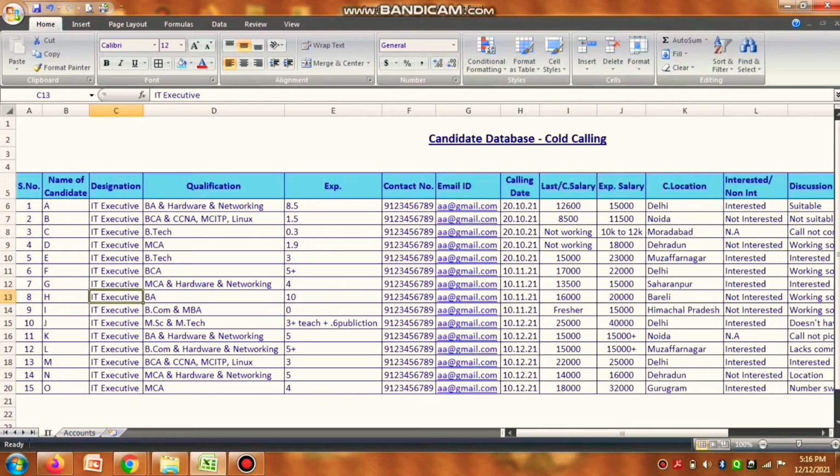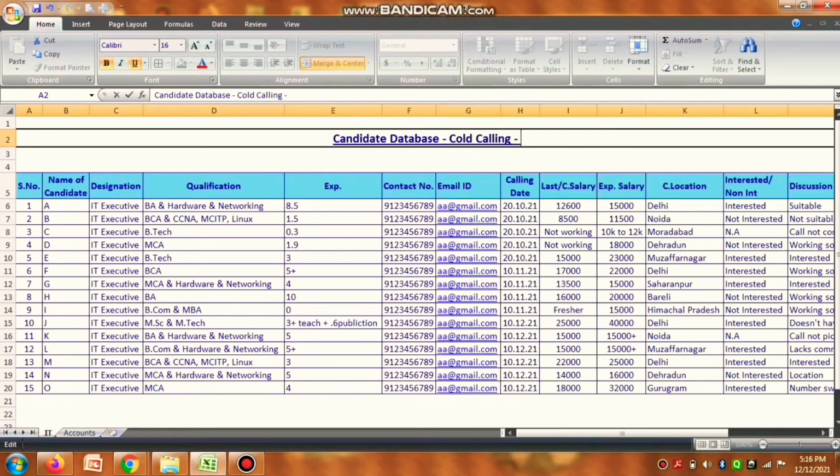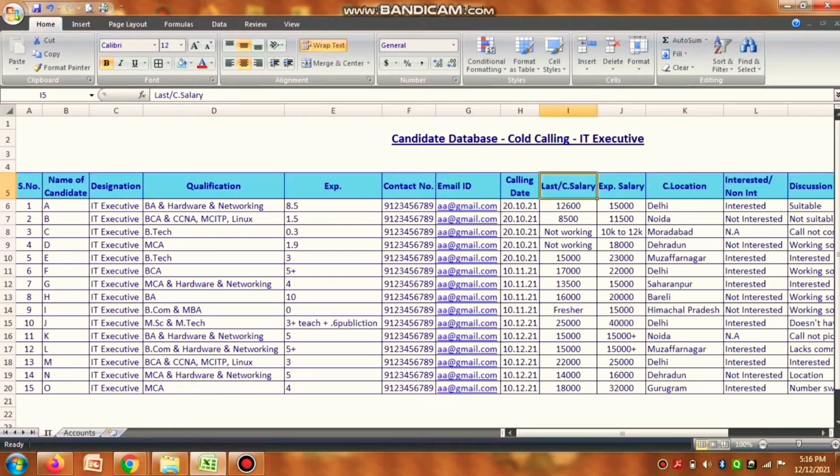Okay, so these are the columns I have prepared, and the candidate database. Let me do one thing over here. Let me correct it here. Okay, if we are doing the calling for only IT executive, I have changed the heading to candidate database cold calling IT executive. Because only an IT executive sheet is there, I have modulated the heading.